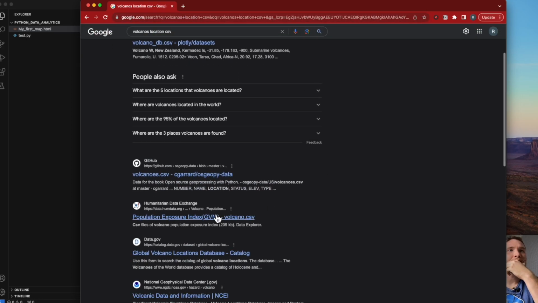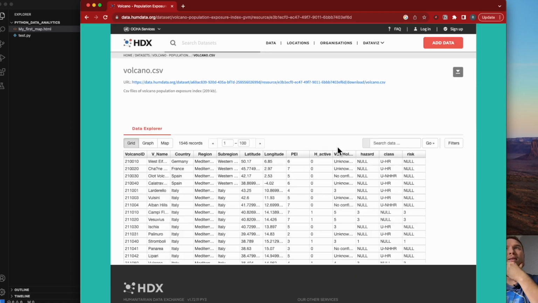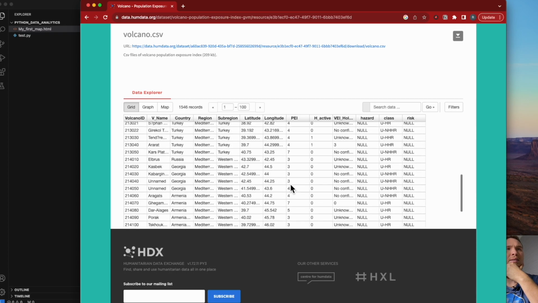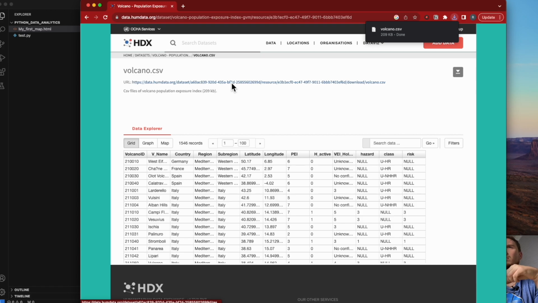Sounds good to me. I see the region, latitude, longitude, and hazard level. I see the data here. Now I want to see, can I download it? Okay, I can. This is the URL to download your volcanoes. I will leave the link below.